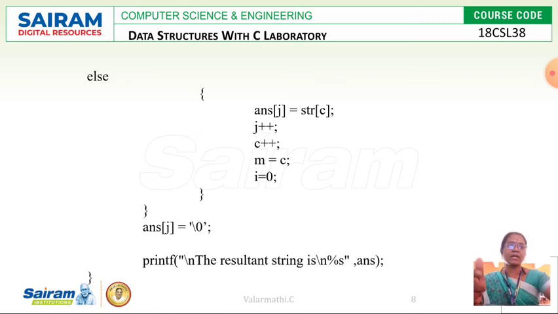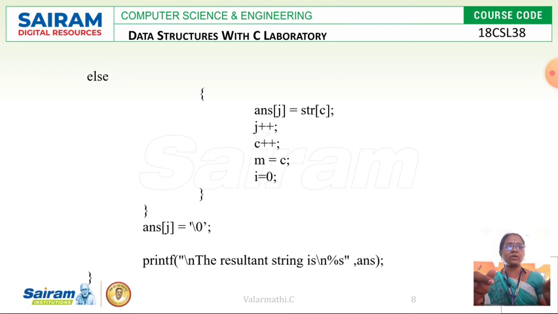This is executed in the if part. In the else part, where the pattern is not found, as usual the answer string is equal to the main string. So str of c is copied to the answer string, and the original string is maintained if the pattern is not found.